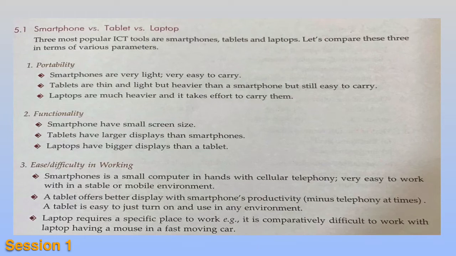Now the third one is laptop. Laptop requires a specific place to work. It is comparatively difficult to work with a laptop having a mouse in a fast moving car. In terms of portability, or in terms of ease or difficulty, the laptop is the heaviest one. Laptop used to be a bit bigger than these two, and because you need so many things,